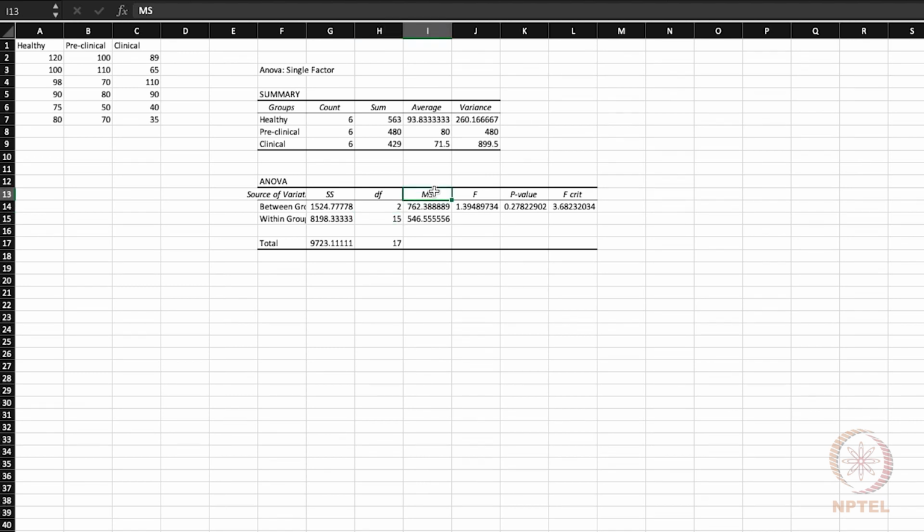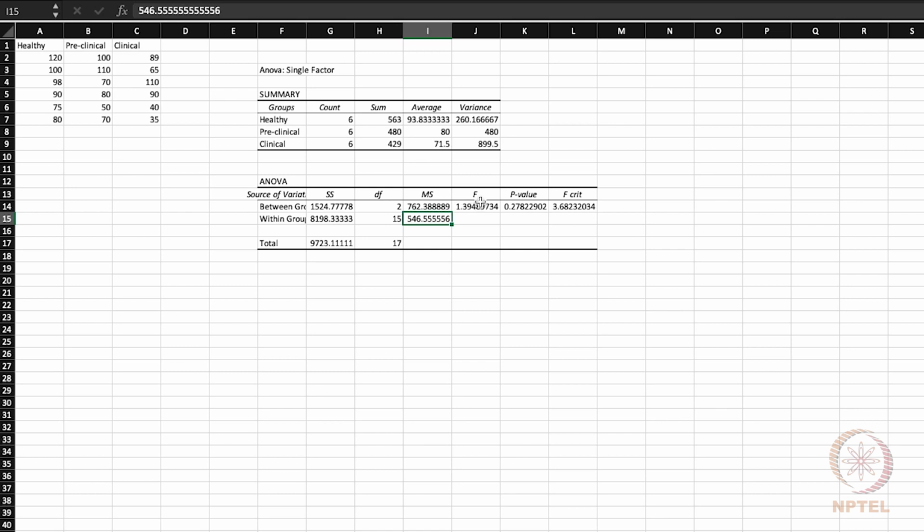Also listed in this table are the mean square values, which is nothing but the sum of square values divided by the degrees of freedom. So essentially, 762.388 is the value that comes when we divide 1524 by 2, and similarly dividing 8198.33 by 15 gives us the mean square error value of 546.55.